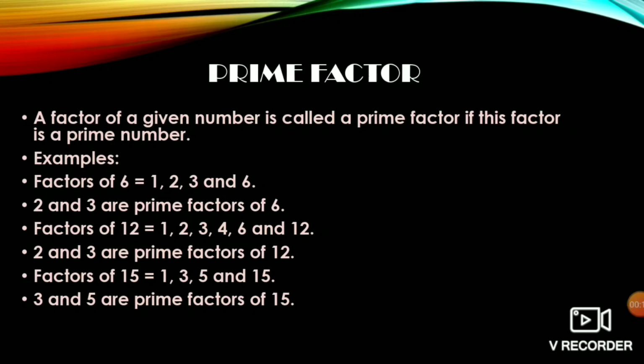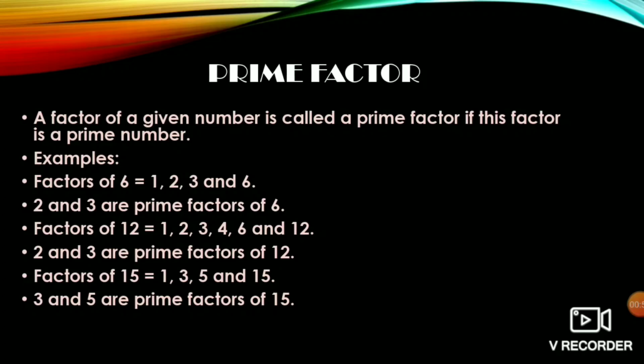Let us take an example of number 6. If we divide number 6 by numbers 1, 2, 3, 4, 5 and 6, we shall find that numbers 1, 2, 3 and 6 exactly divide number 6 so that the remainder comes out to be 0. But when 6 is divided by 4, remainder 2 is left, and when 6 is divided by 5, remainder 1 is left. So 4 and 5 are not completely dividing number 6.